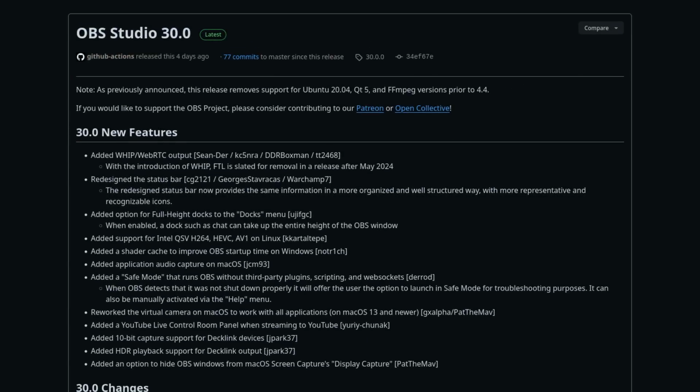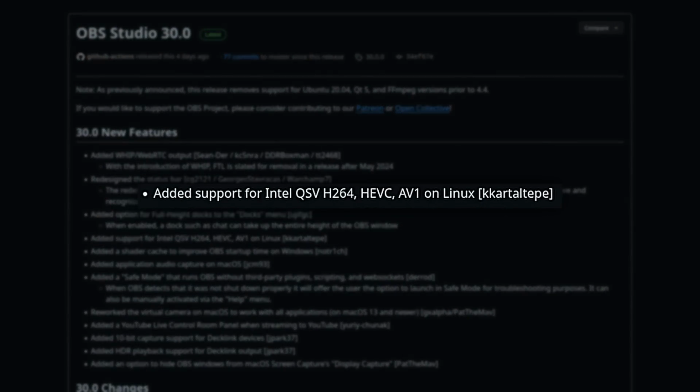Also, with the Linux version of OBS, they've added support for encoding Intel's QSV H.264 and also encoding for HEVC and AV1, which is great because these are very important formats and containers, and they're going to be taking over eventually, especially AV1, because it is an open source format, and very cool to see that, especially with the encoding part.